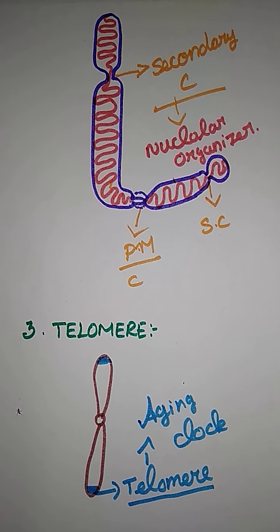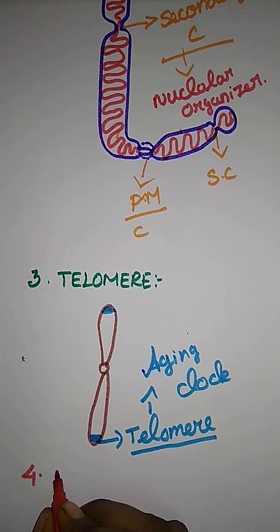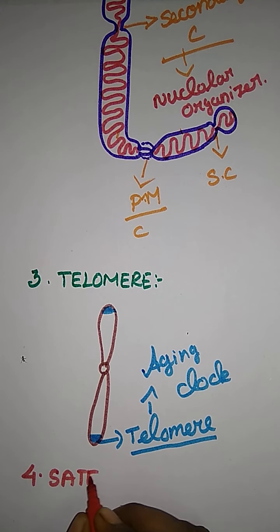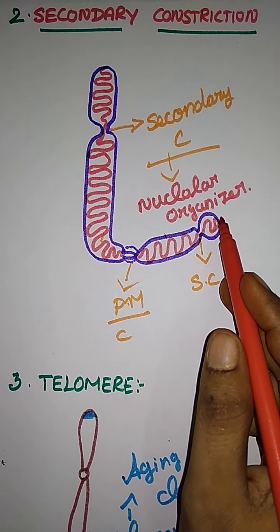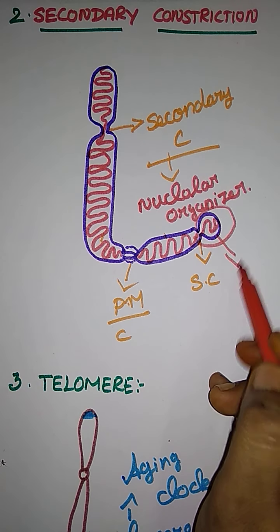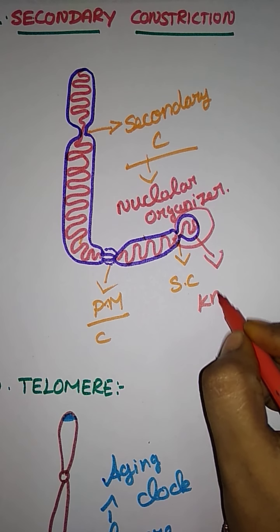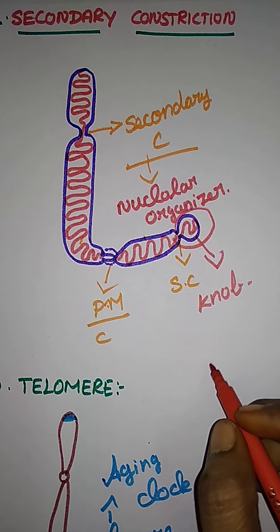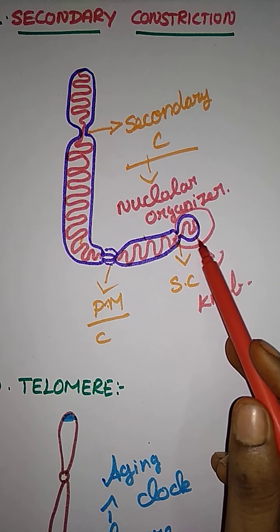And the next one, the last region of a chromosome, is the satellite chromosome. Fourth region is satellite. Just see this one. This is the last part of a chromosome, right? Here they are formed as knob-like structures. Like the knob you turn, same like that, a knob-like structure of the chromosome is formed at the end point.